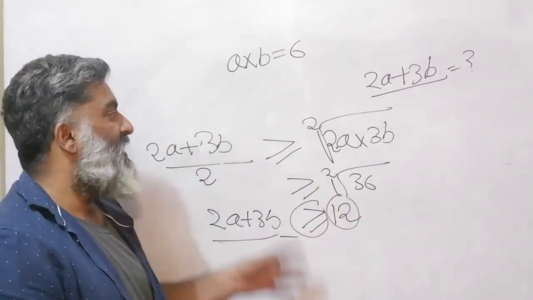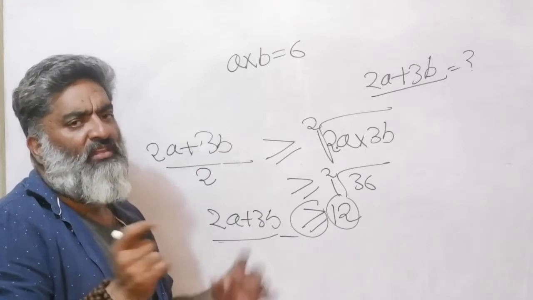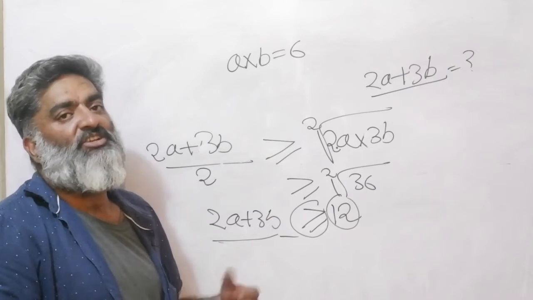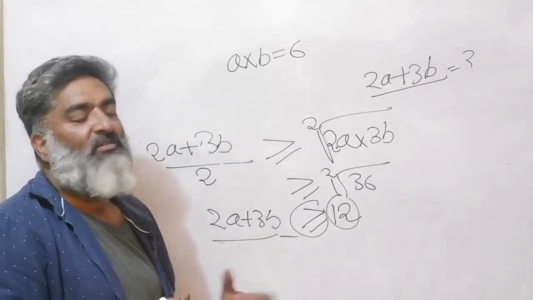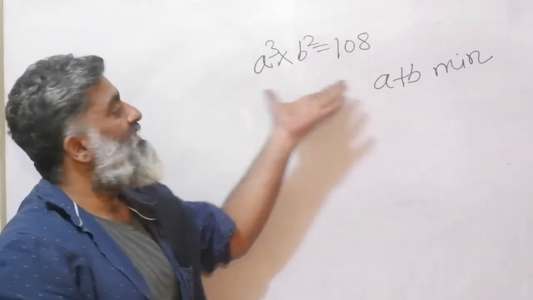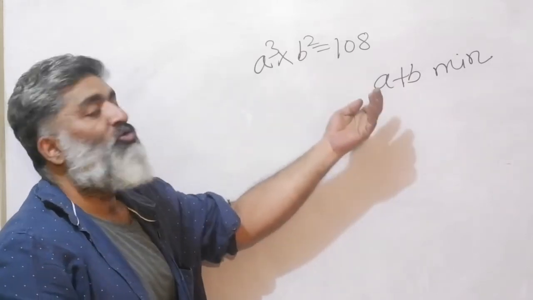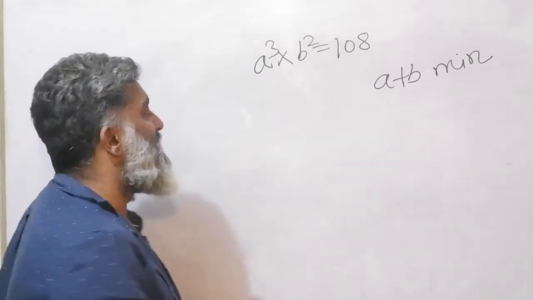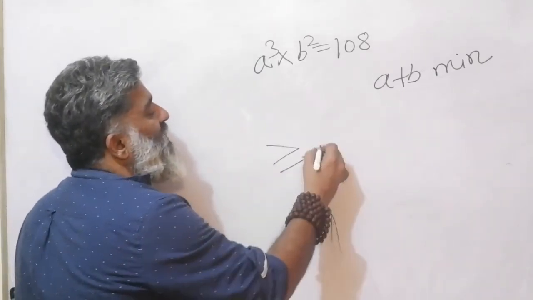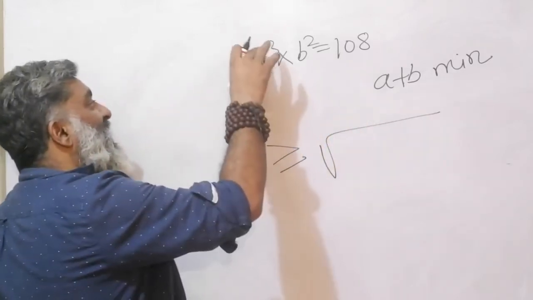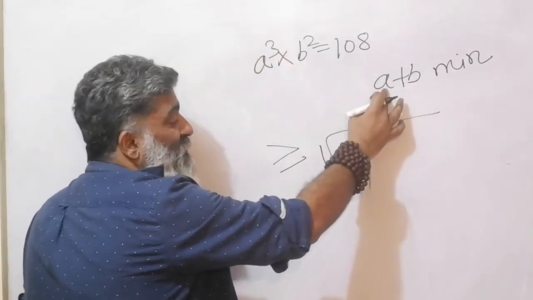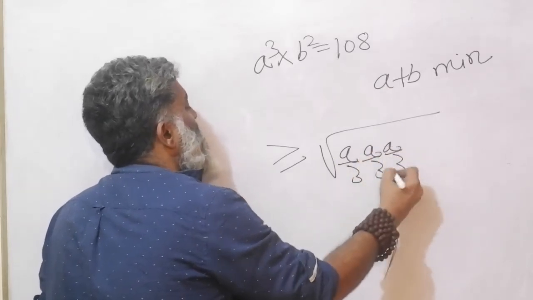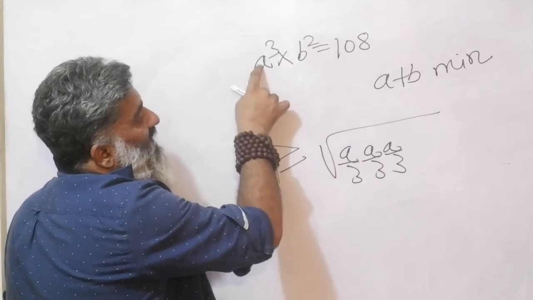So I hope you see it again. If the basic idea was clear and if you got the hang of the game, all of this is going to be very easy. Best to move to the practice session and try out the process by yourself for different numbers. Let's think about this expression, A cube into B square is equal to 108. But on the other side, I want A plus B. How do I manage that? Have I seen this game earlier? What can I do so that I get a cube on this side, but A on the other side? A by 3, A by 3, A by 3. Why? I will get a cube here.